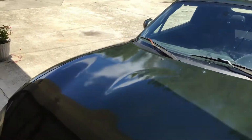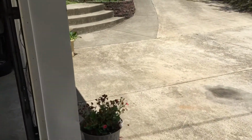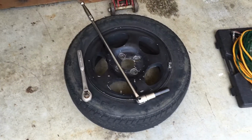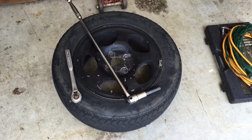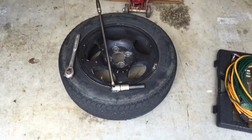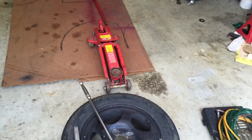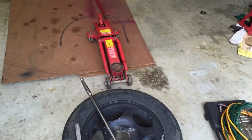Wherever the hell it's at. I think it's over here. Yeah, the Civic spare. That saved us so many times. That was actually on the back of my car for the longest time. But yeah, it saved my ass again. That's actually all the tools I had. Didn't have the jack though. So that jack is going in my car now. But yeah,